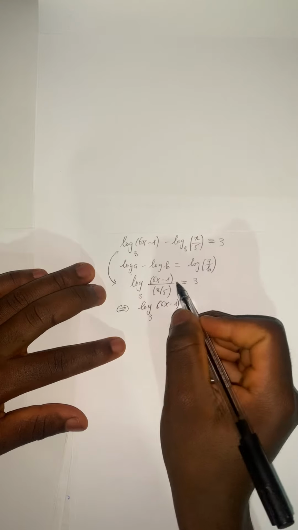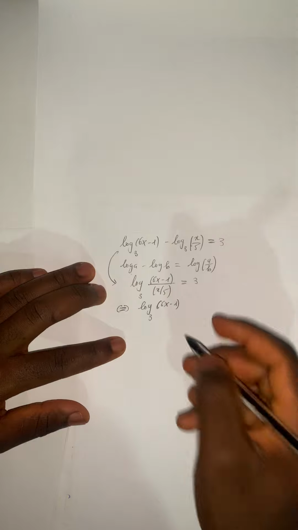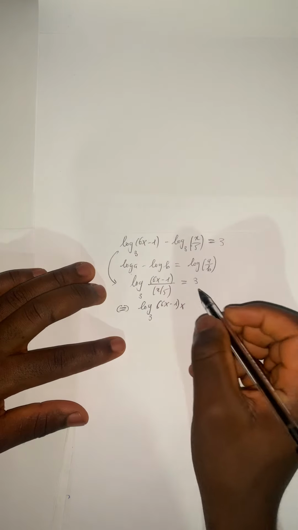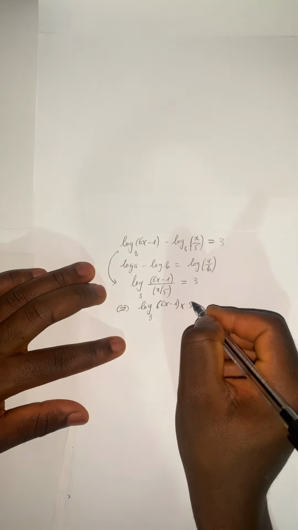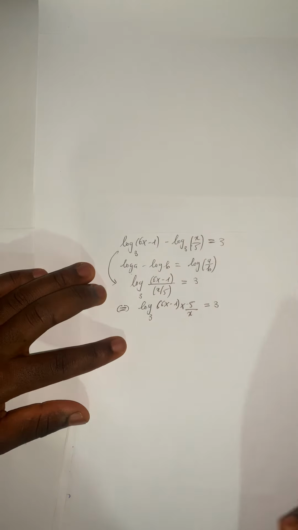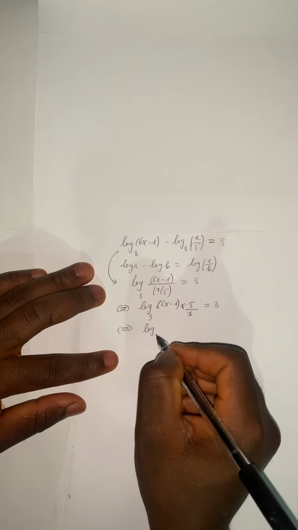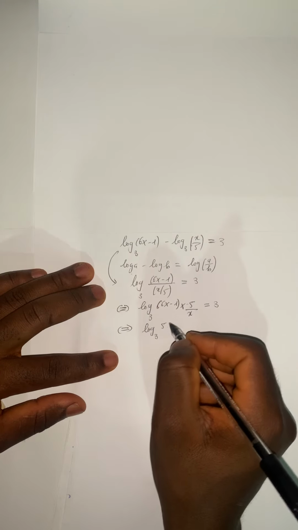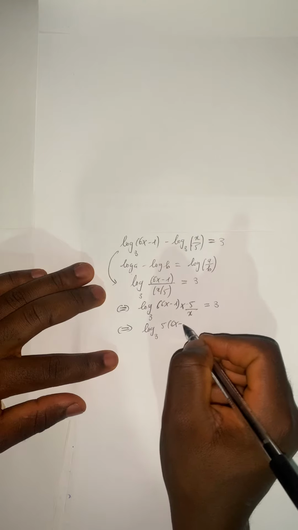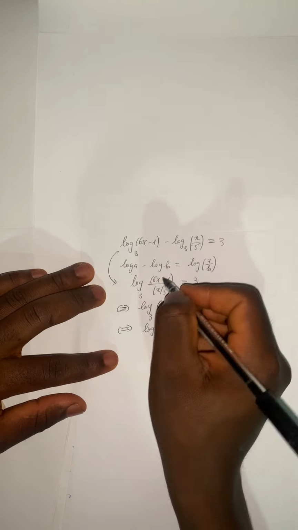This is a division sign, so we can change it to multiplication, then we reverse what is at the denominator: 5 over x equal to 3. So this is equivalent to log to the base 3 of 5 times (6x minus 1) over x